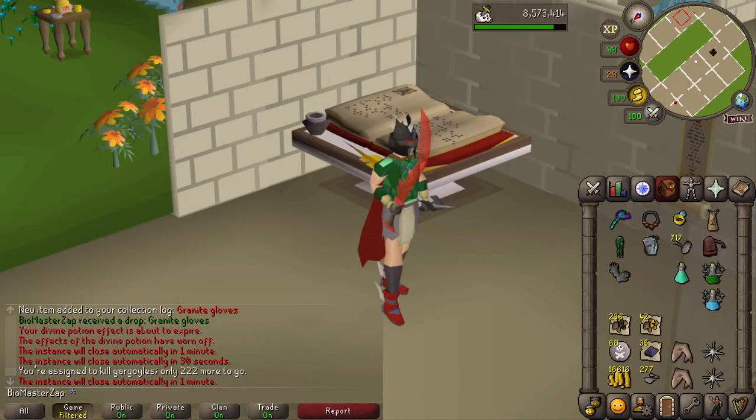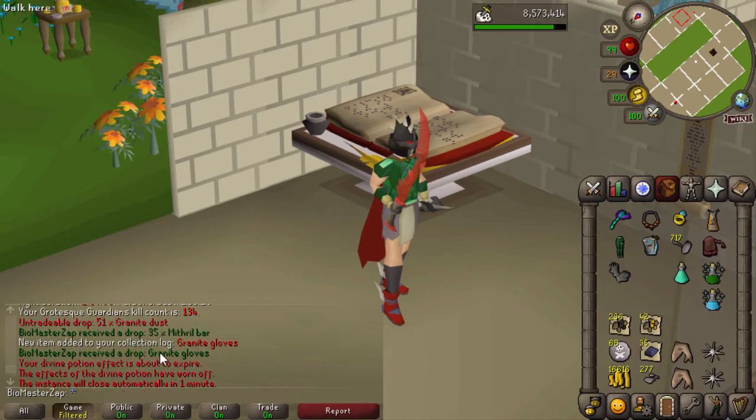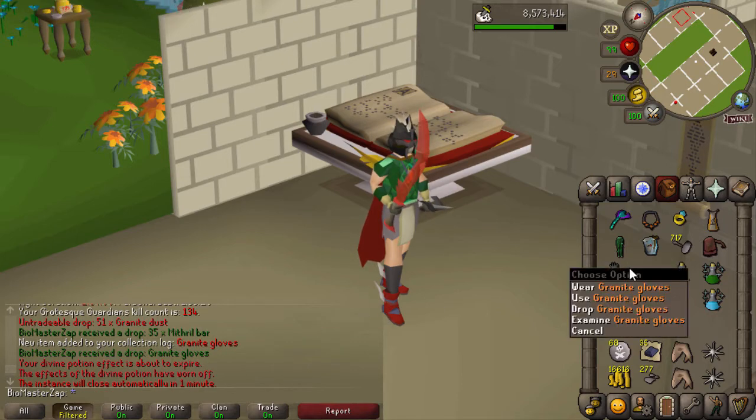For some reason, I just can't get my words out right for this clip, and this is like the 8th time I'm recording this. But yeah, pretty much after Shades, I wasn't planning to do this much Slayer, but I've kept working at it, and I got some pretty nice tasks, and I currently got a Gargoyle task, so I went to Grotesque Guardians, because I never got to fight them after the rework, and I'm pretty sure I still need most of their uniques, and I managed to snag myself Granite Gloves, which is new for the collection